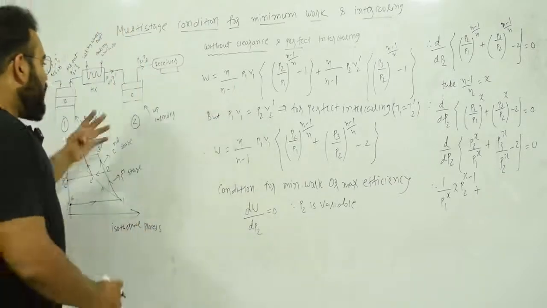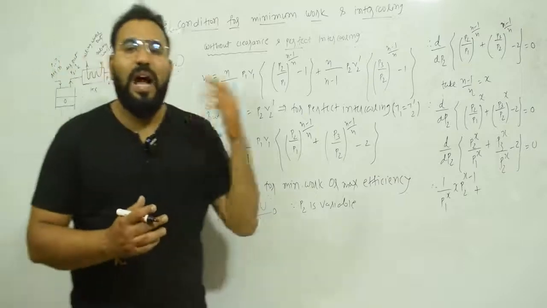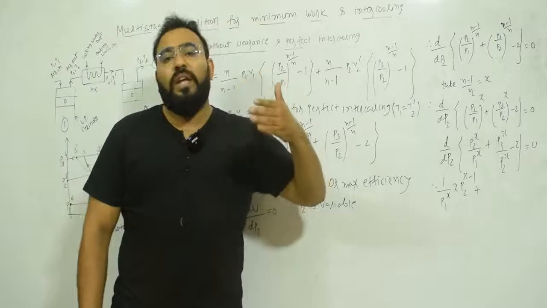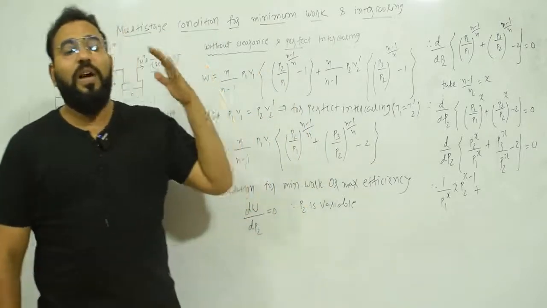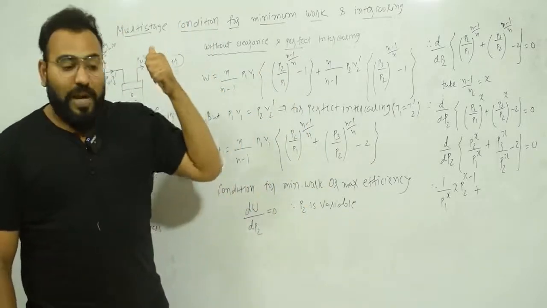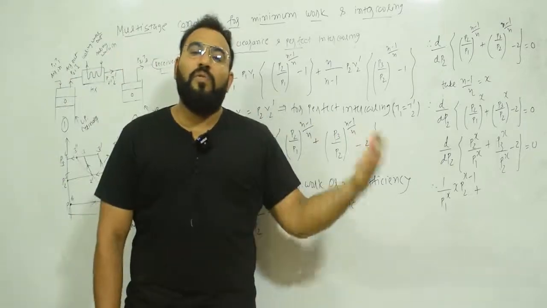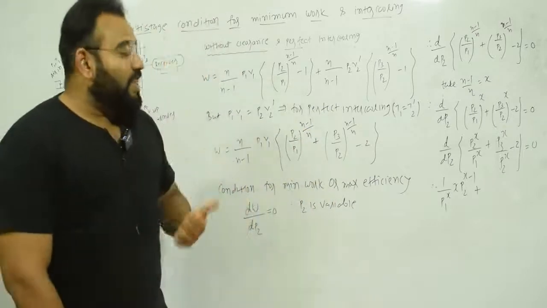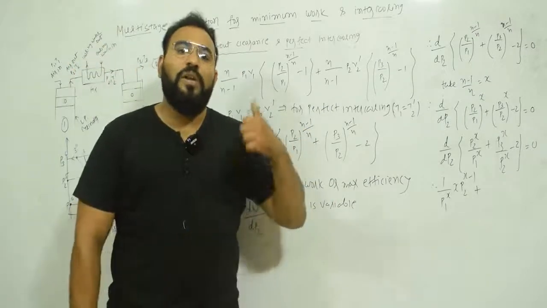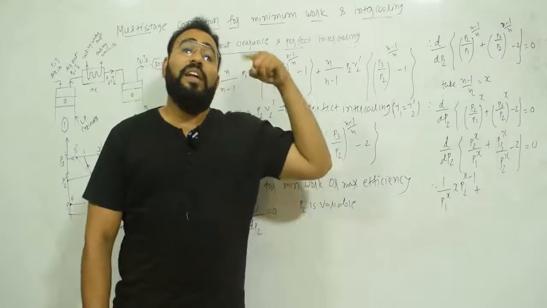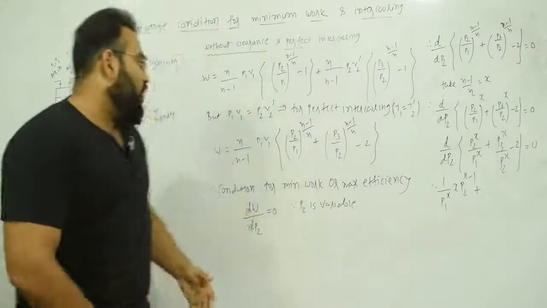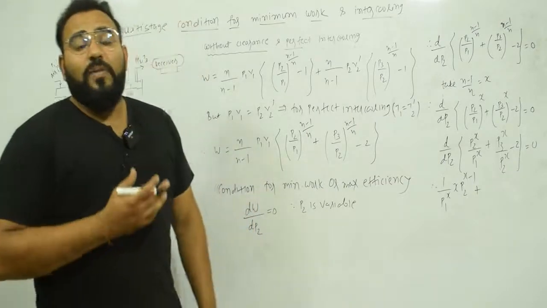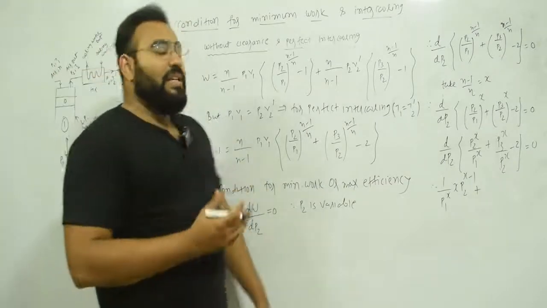Why am I going to do this? Because when you require high pressure, you have to do compression in more than one stage. It is very necessary, because that is good for your efficiency. That's the reason why we are doing multi-stage compression, and also you will require minimum work for generating that high pressure. How? I'm going to explain over here. Sometimes in the exam they will ask, write down the advantage of multi-stage compression. So the reason is here.